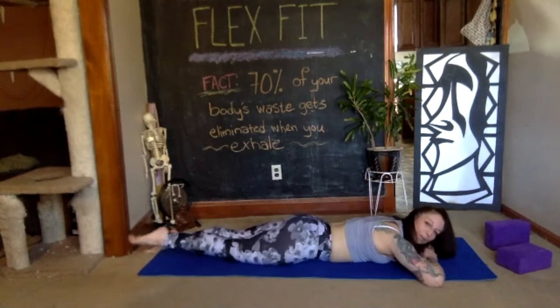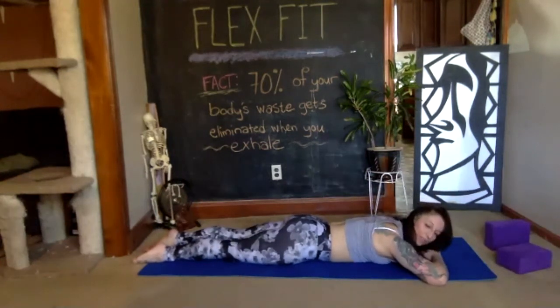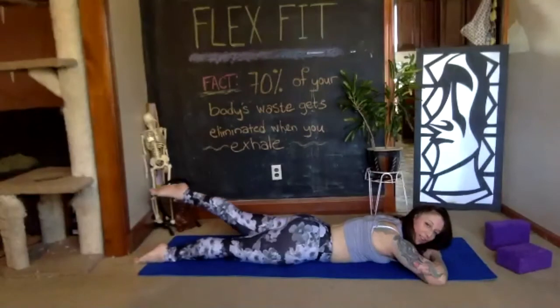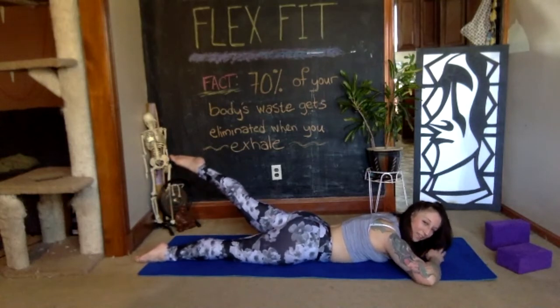All right, now right leg gets relaxed, it's left leg's turn. So either forehead down, or you're keeping yourself up. Make sure you can breathe, both hips on the floor. Left leg extends back directly behind you. Straight leg, pointed toe. Lift it higher on an exhale. Inhale back down for 8,